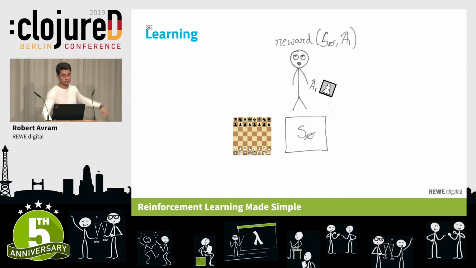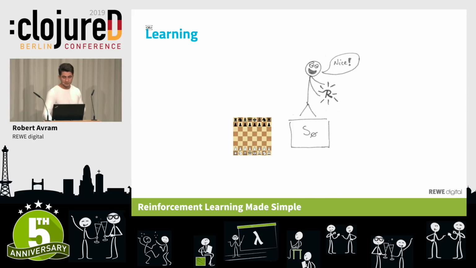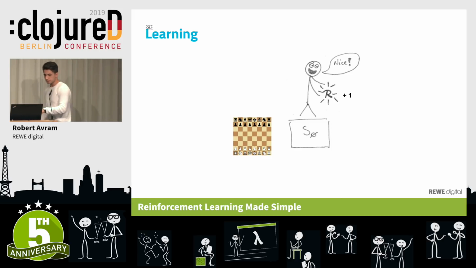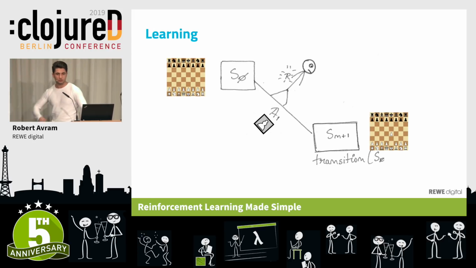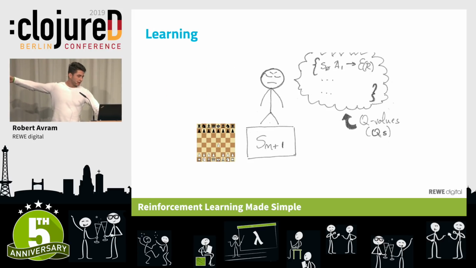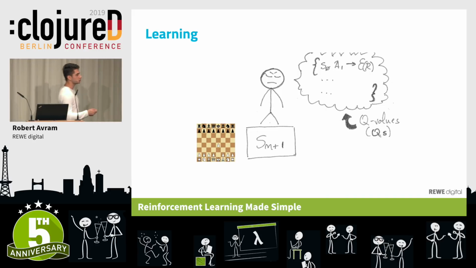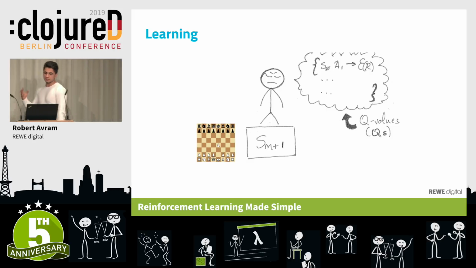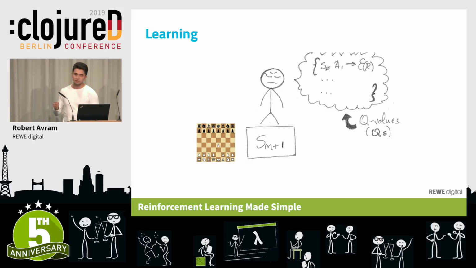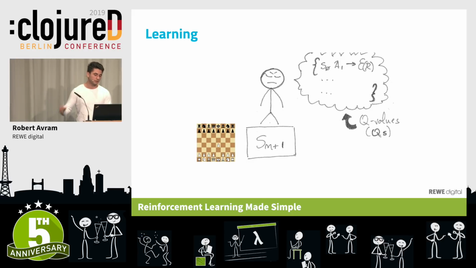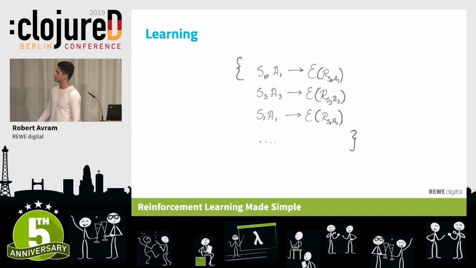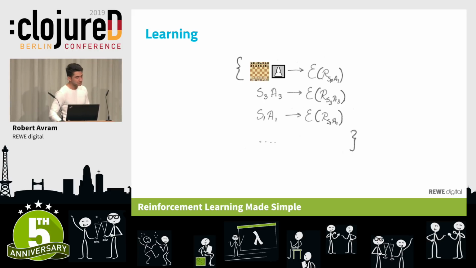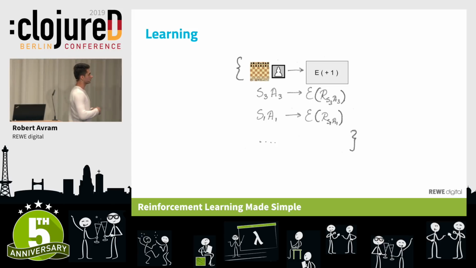So the agent picks one of these actions. He gets a reward for the choice that he's made. He's quite happy. And this reward is going to be some kind of numeric value. Now, the agent is going to commit this action and transition to the next state. And upon transitioning, he's going to keep track of the choice that he's made. And the way this works is that he's going to store the choice that he made in something called his Q values. Now, these are the agent's experience, so to speak. And you can think about them as being sort of like a hash map. In his hash map, at that state, he picked that action, and he got some reward of +1 for it,